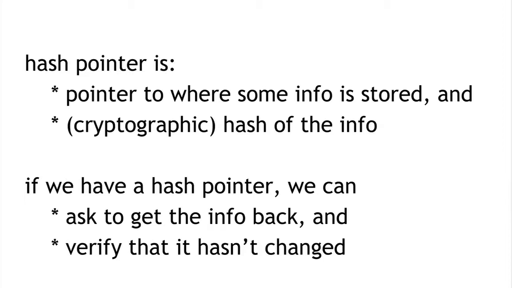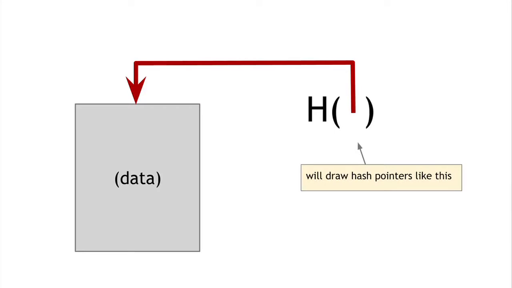So whereas a regular pointer gives you a way to retrieve the information, a hash pointer is going to let us ask to get the information back. And it's also going to let us verify that the information hasn't changed. So a hash pointer tells us where something is and what its value was. Okay, and we're going to draw a hash pointer in diagrams like this: we're going to have h of, and then an arrow that points to something. So anything drawn like this, think of it as being a hash pointer to this thing. It's a pointer to where it's stored, and it's also the hash of the value that this data had when